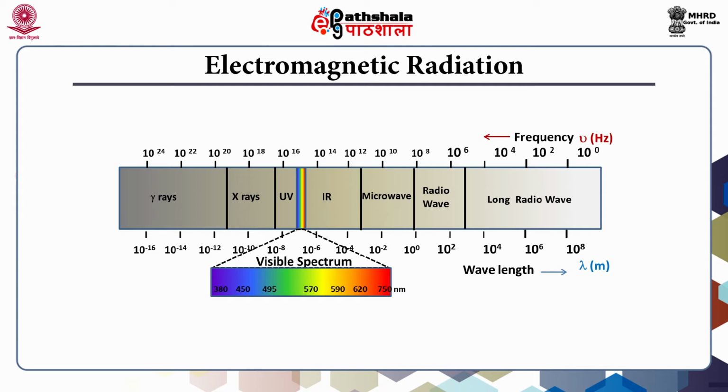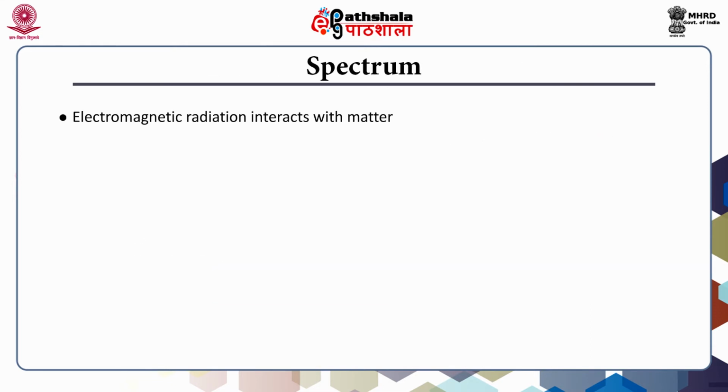Electromagnetic spectrum consists of radiations of different wavelength, each possessing different energy, frequency, and intensity. High energy radiations are characterized by short wavelength and high frequency. Low energy radiations are characterized by long wavelength and low frequencies. The interaction of electromagnetic radiation with a particular matter involves not only the properties of radiation but also the structural characteristics of the matter.